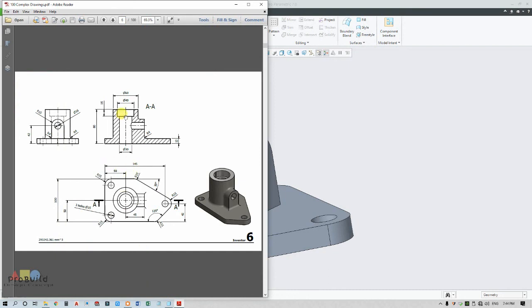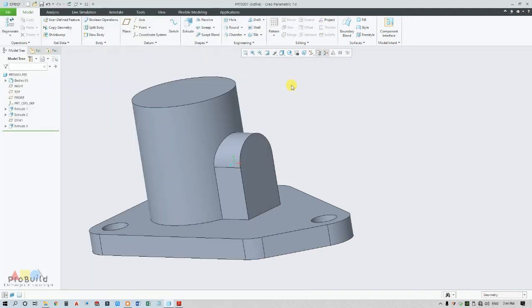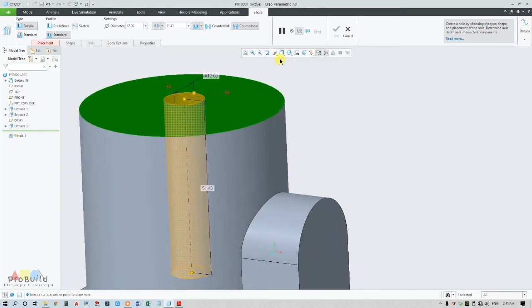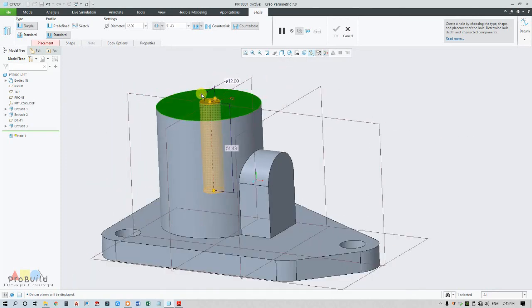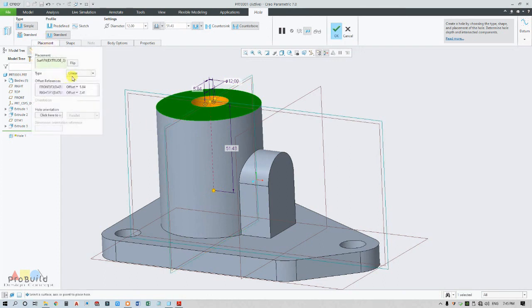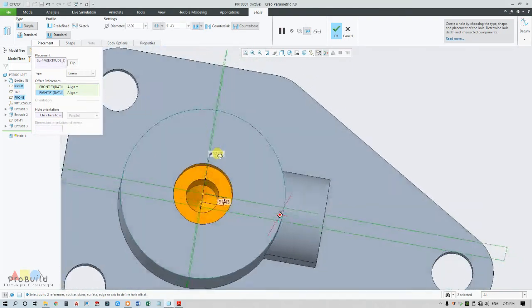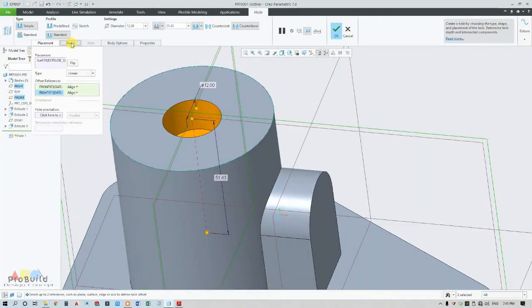And I need to go for this counterbore actually, so I'm directly going for hole, simple, standard, under which you need to go for counterbore. Now click on the surface, go for plane and drag this clip to one of the planes here and to here, and go for placement, make this align so that it becomes concentric. Yes, this is concentric. And now we can see here some different dimensions of the counterbore, so go for shape.